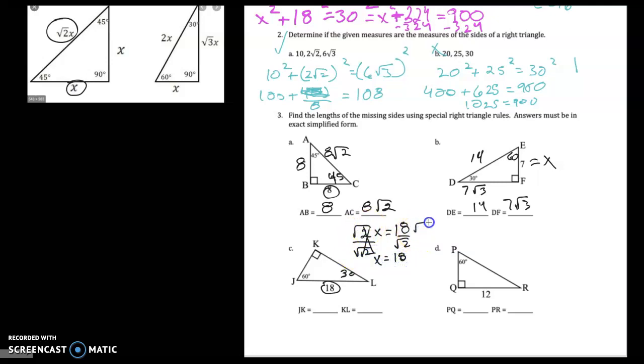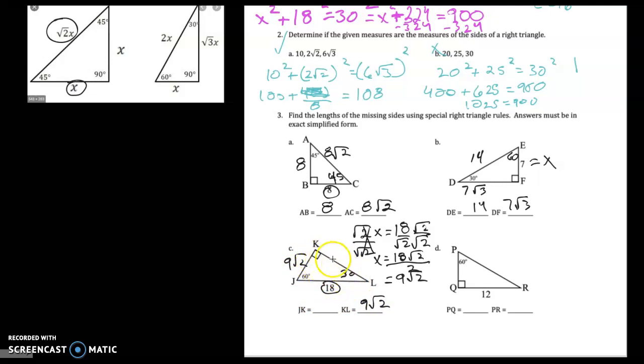So that means we have to multiply the top and the bottom by square root of 2, which is going to be 18 square root of 2 divided by 2. So then x is going to be 9 square root of 2, because 18 divided by 2 is that. So then that is going to be our x right here. So this is going to be 9 square root of 2. All right, so if that is our x,